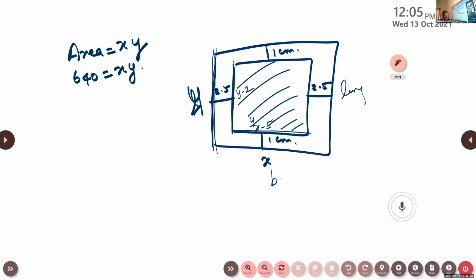Now, if A is the area of the cloth on which the slogan matter was written, what is the area? We are asked to find how much area. This area we have to calculate. Aparna, try this one and calculate. If A is the area of the slogan matter, then what will be the area of the matter? So length is X minus 5 into Y minus 2, isn't it? So open the bracket, simplify and find out the relation.